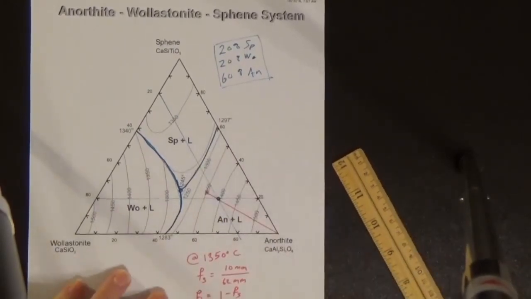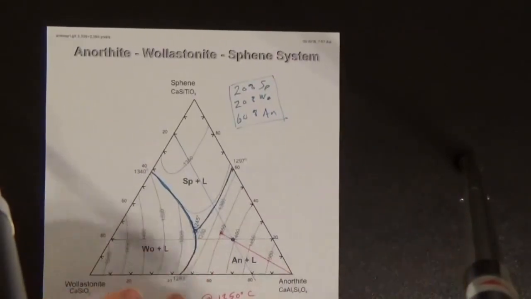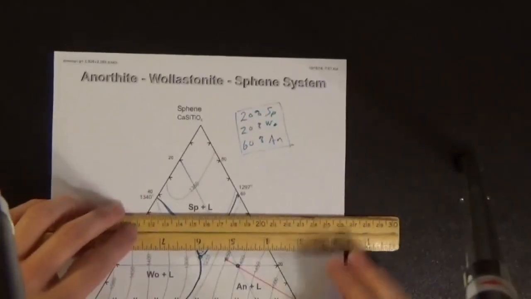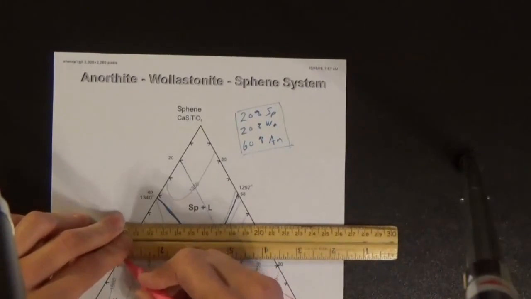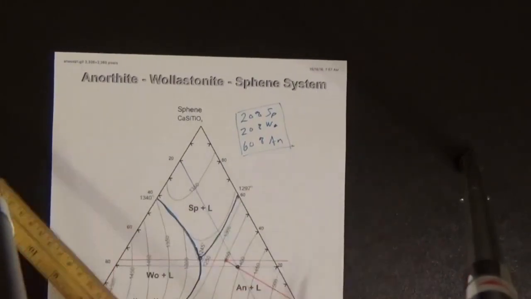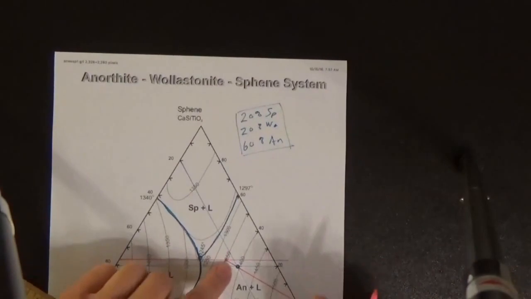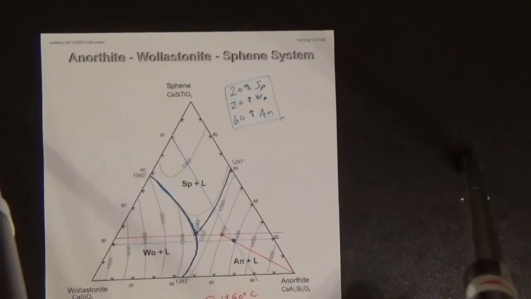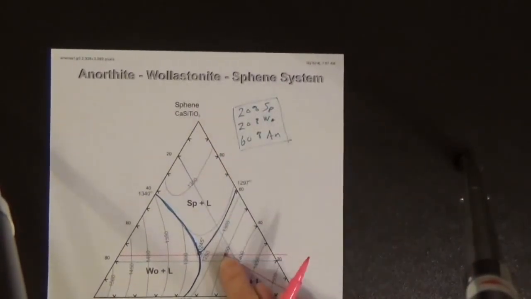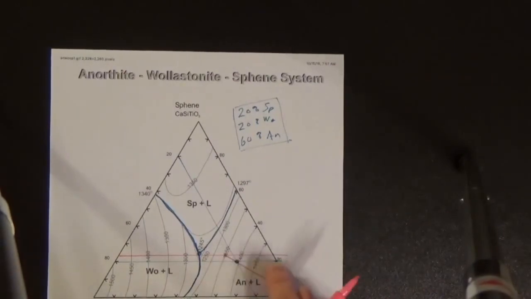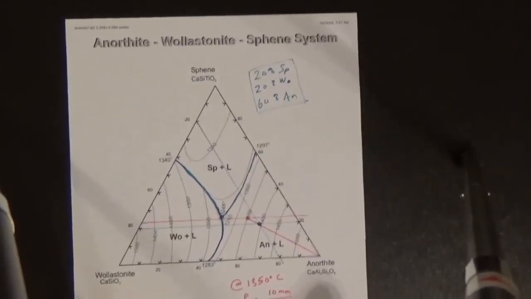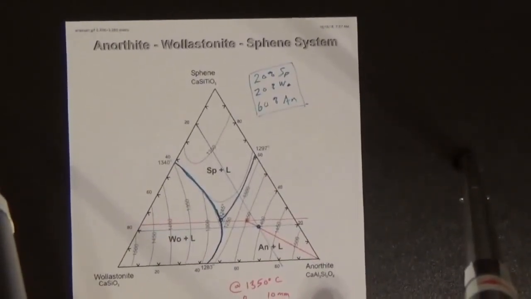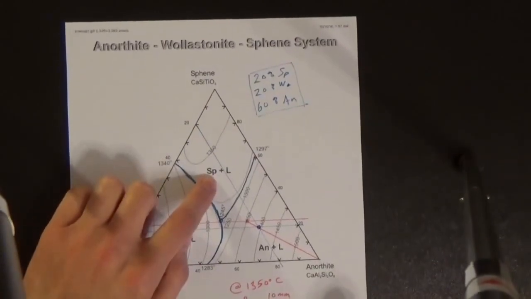For the composition of the liquid, though, we get from reading the phase diagram, and that tells us that we have, what is that, about 24% of SP,